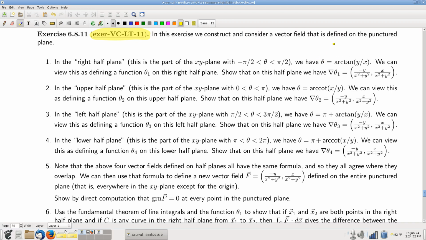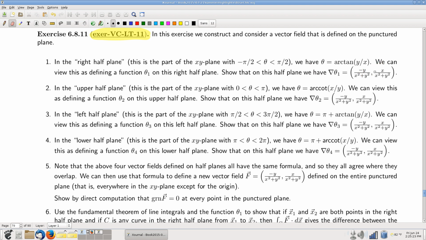This is a nice fact about angle in the right half plane and how it relates to the rectangular coordinates y over x. Unfortunately, I can't just say that this is true everywhere, because arctangent doesn't give you every possible value of theta. So this only works in the right half plane. Nevertheless, on the right half plane, you can take this formula for theta, take the appropriate partials, and you get